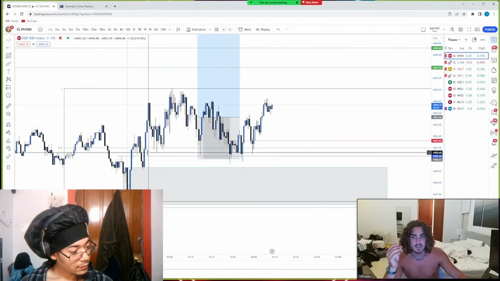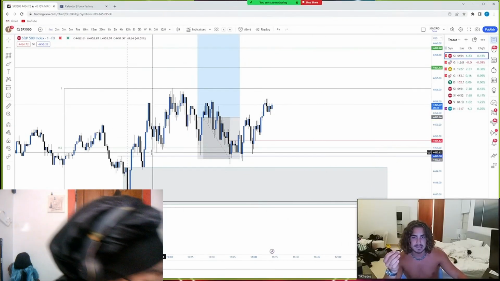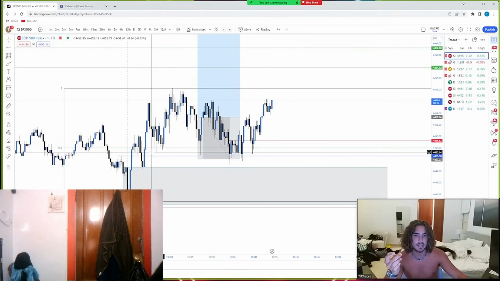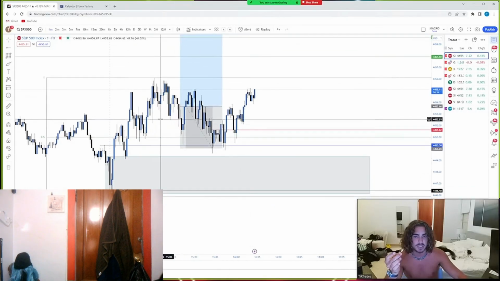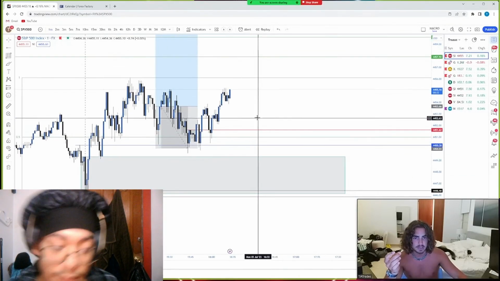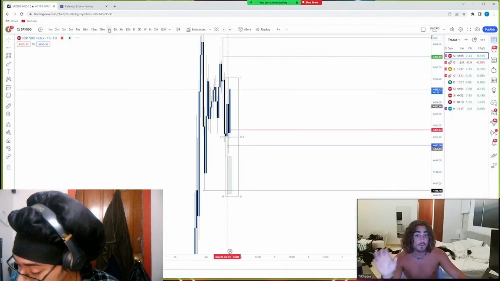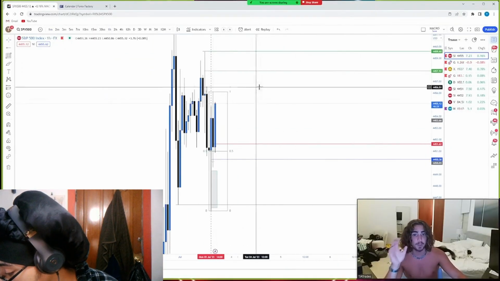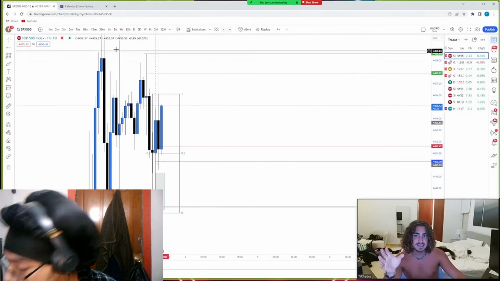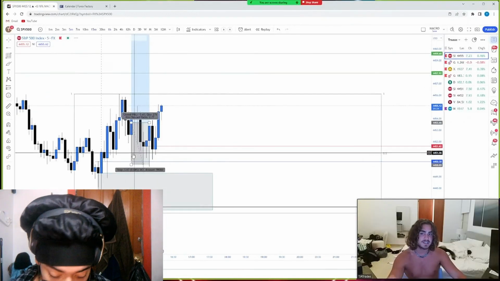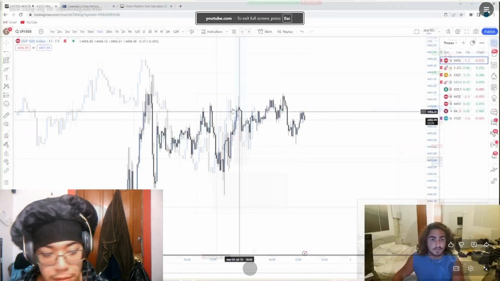Okay, so for me, my bias was invalidated today because I saw we had a sweep of liquidity and a break of structure to the upside. My stop was underneath this liquidity sweep. Yes, my overall daily bias was bullish, right? And that is getting fulfilled. But for this specific execution, for this specific trade,